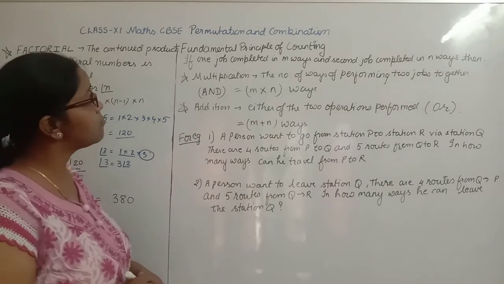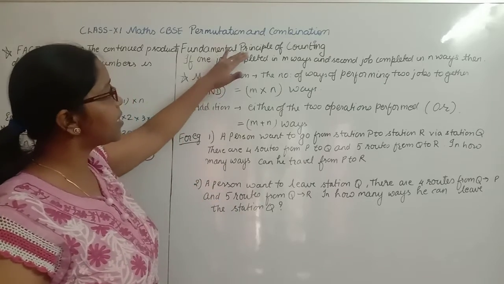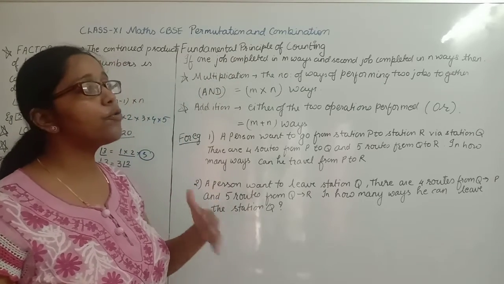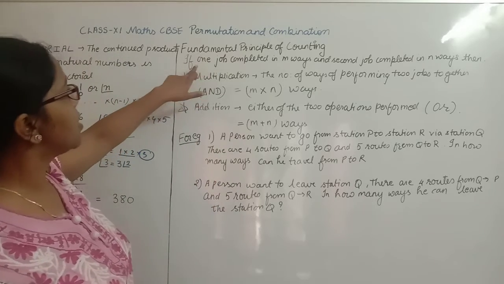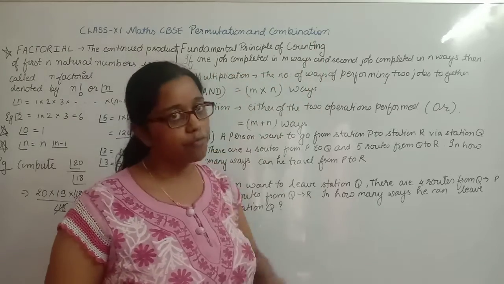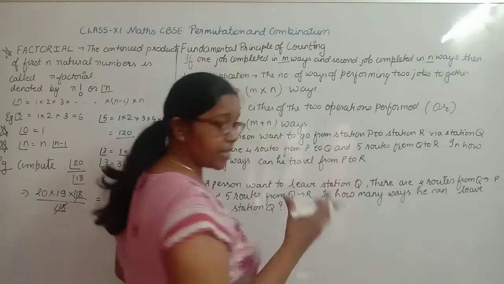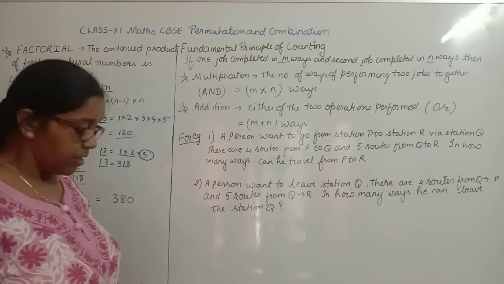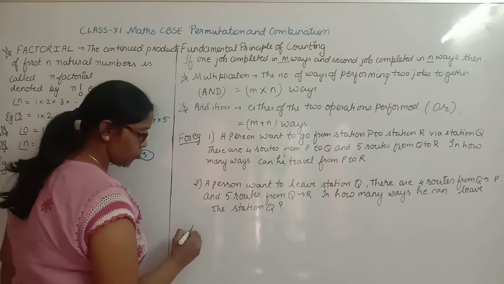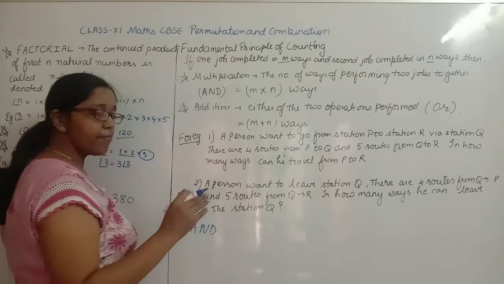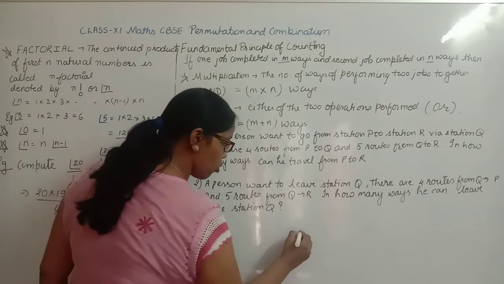Now next, before understanding permutation and combination, it is very important to study the fundamental principle of counting, how you are dealing with situations. The first situation: if one job is completed in m number of ways and a second job is completed in n number of ways, then there will be two conditions. How do the two conditions arise? Suppose completing both is compulsory, then I say AND. And I say OR when either this one can complete or this one can complete. So I am using the word OR.